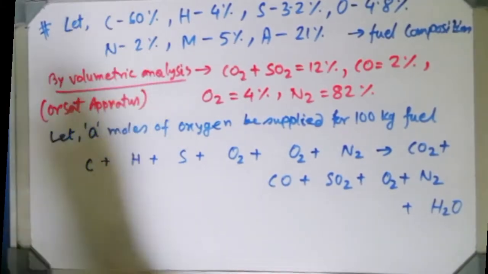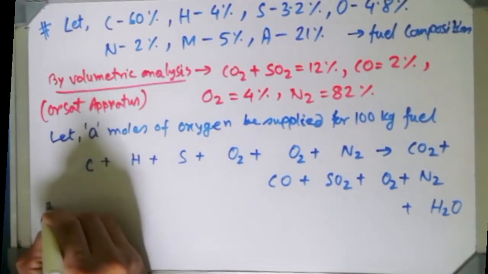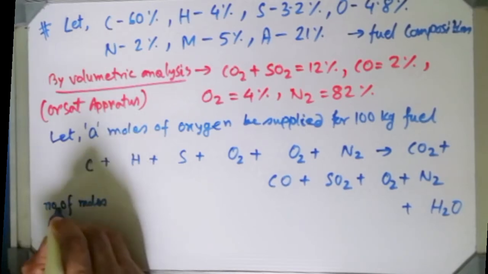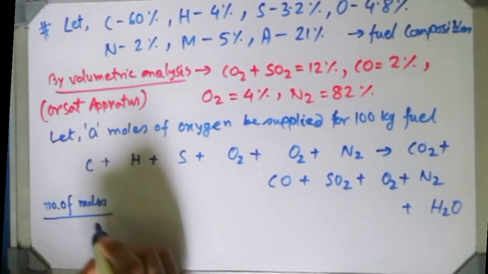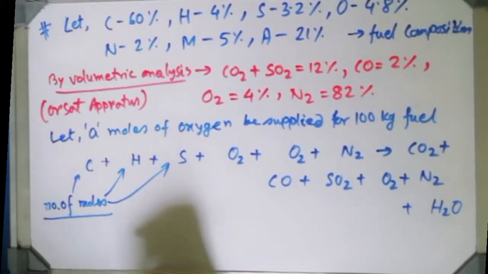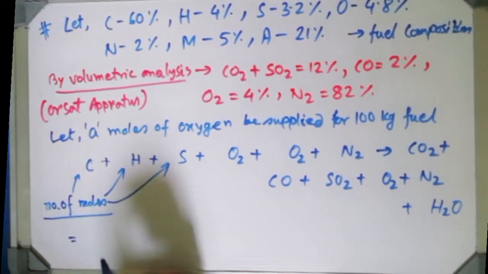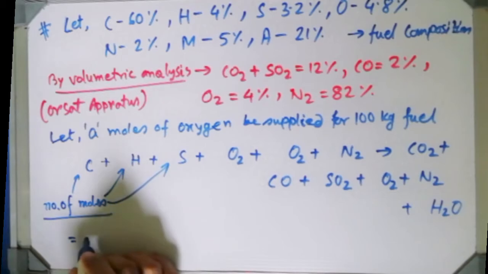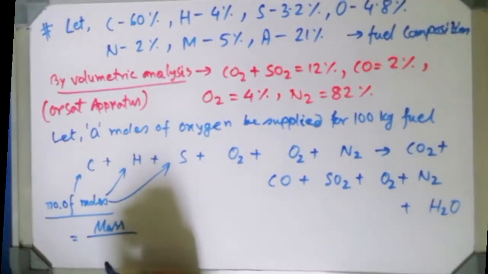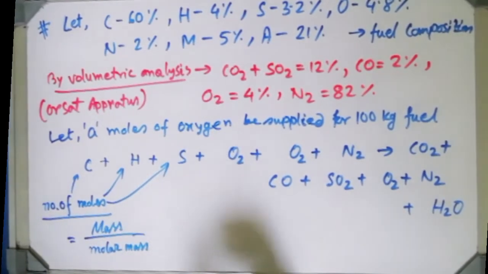This space will be occupied by the number of moles. How can we find the number of moles? It's a very class 8, 9 standard question. The number of moles can be found by mass, that means the physical mass we are getting, divided by molar mass. That is the very well known formula, a must for you. If you have forgotten, it's a recapitulation. So you can find the number of moles using this particular relationship.